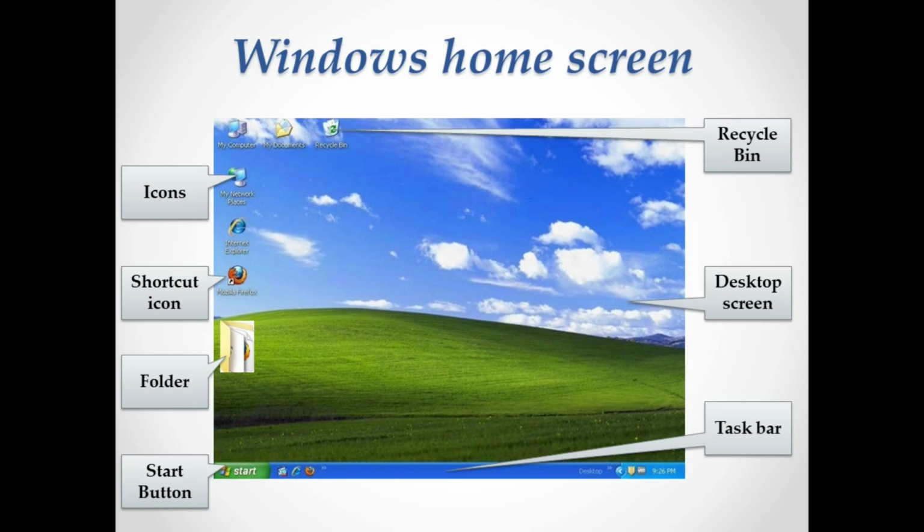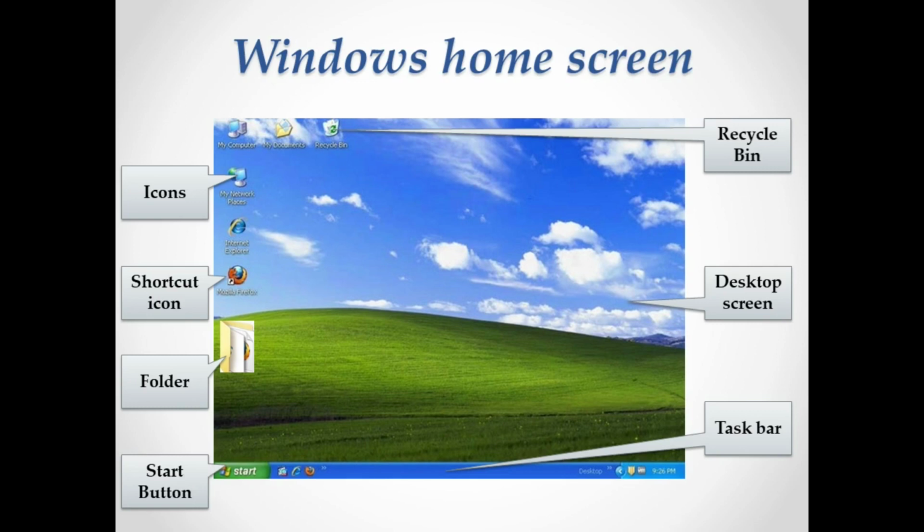It is an icon containing a direct route to a specific application, a document or a folder, where we can just have a shortcut route, like how we have a shortcut route in real life. The same meaning applies here. And a folder would be in yellow color. A folder is the place where you store all the files which you have worked with. And the start button is the button which helps you get into the applications.